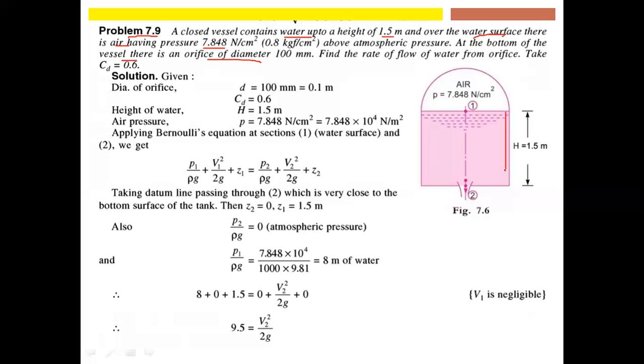Over the water surface there is air. What is the pressure? This water surface has air above it. What is its pressure? 7.848 Newton per centimeter square above the atmospheric pressure. At the bottom of the vessel, you have a small orifice. The diameter is 100 mm. Just find the rate of flow of water from the orifice. Now, write the given data. What's the given data? The head h is equal to